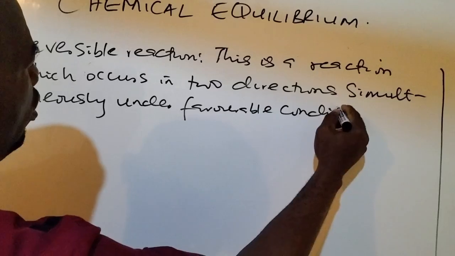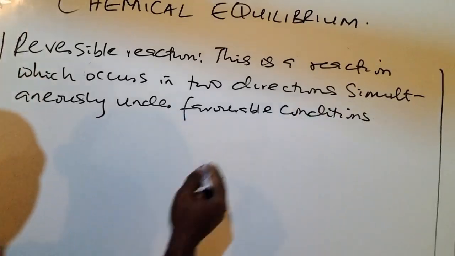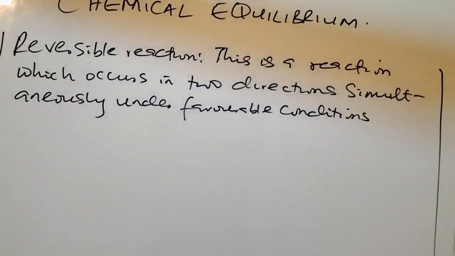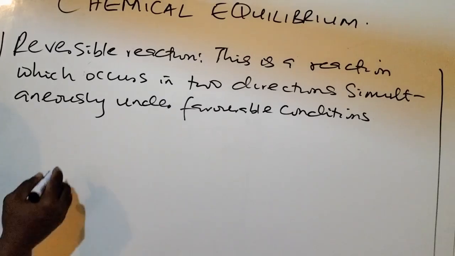Any reaction that occurs at the same time in both directions under favorable conditions is called a reversible reaction. For instance, let's say we have A